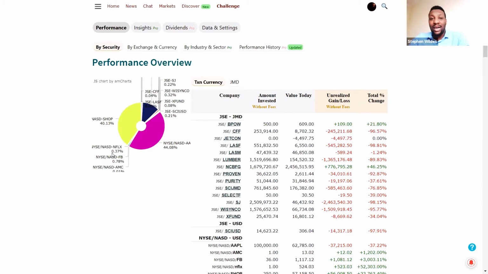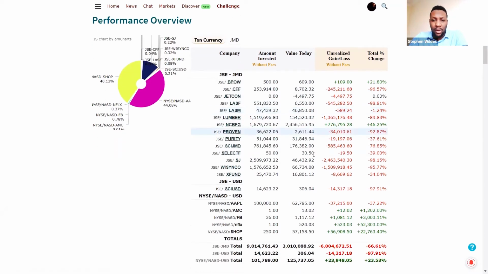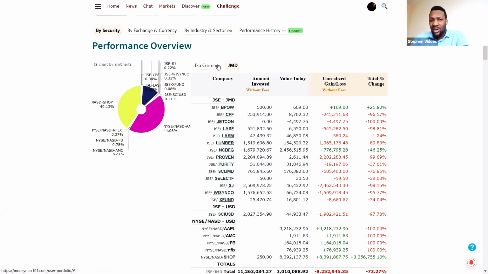Right. So I'm just going to show you a little bit more of what we add that you wouldn't normally get at most of your brokers. For instance, the overview tab here shows you a quick summary of your portfolio with some charts, each stock and the amount you have invested and the current value. This is probably what you'd get from your broker. But we have gone further to give you options so you can customize it to show you with fees, without fees. You can see your total portfolio in your currency of choice,